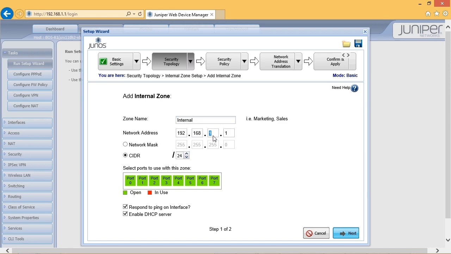So we'll go with 2.1 or 1.1 sounds good. Yeah, perfect. I'll leave it at this. Select the ports that are going to be part of that internal zone. I'll say port 1, 2, 3, 4, 5, 6, and port 7 are going to be part of this internal